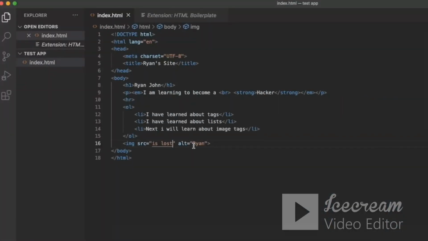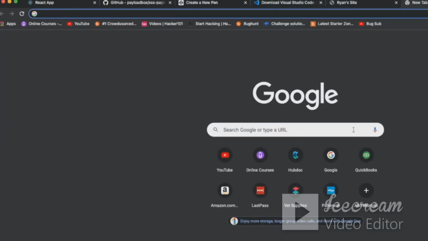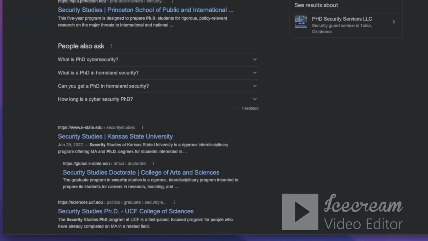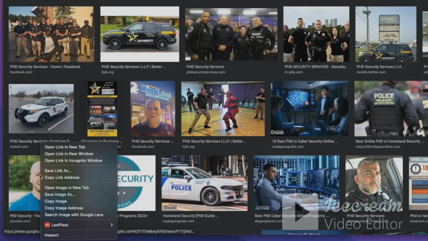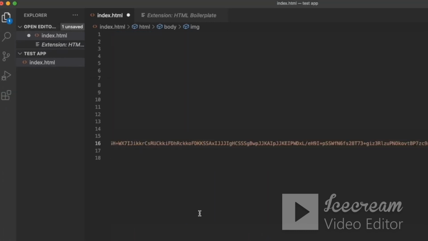But if we go out to, say, Google and we type in who am I, and we type in PhD security, and then we go to images, here I am right here, and we can copy the image address right here. Make sure that's right. And if we paste this in here and then we save this huge link, when we refresh our page,